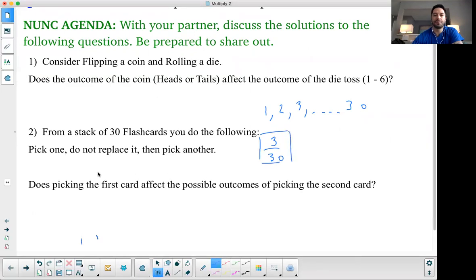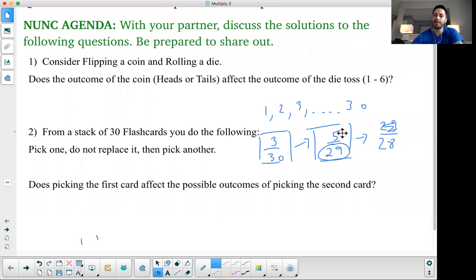And then you go to pick another flashcard and you don't replace it. So now say we want to know the probability of picking, say, a 5. Well, a 5 would be not 5 out of 30, there's only going to be 29 flashcards left. So the picking of the 3 without replacing it did have an effect on the probability of the second draw. And if you were to want to know the probability of, say, a 29 on the third draw,